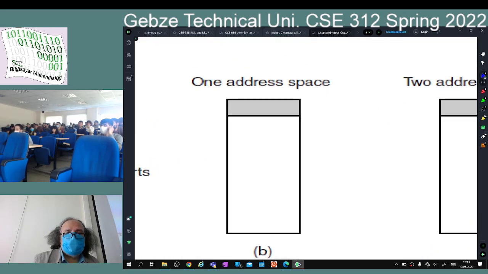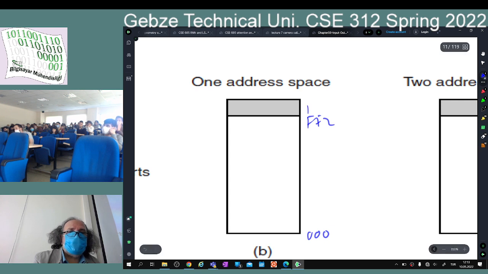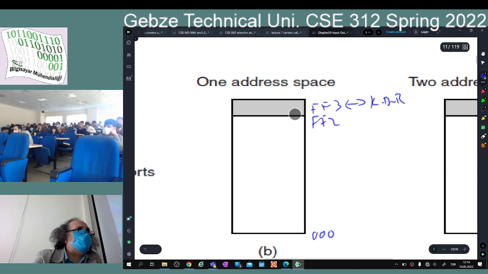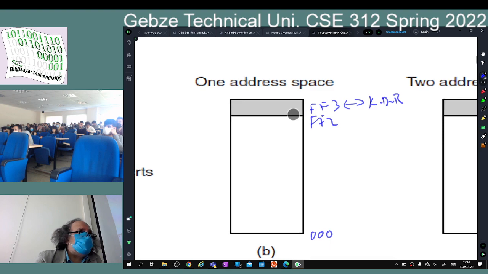Okay, this is my address 000, and this is my top address FFF2. From this FFF2 on, let's say FFF3 will be assigned to the keyboard register. FFF4 is going to be, for example, the mouse register, etc. So using your regular memory access instructions, if you read this address, in fact you are not reading your memory, but you are reading your I/O registers, and this is called